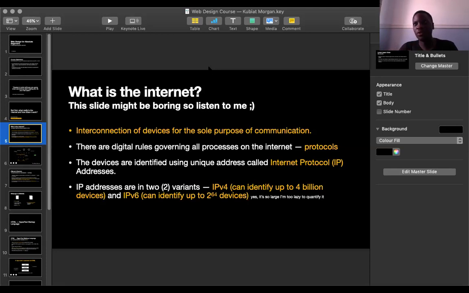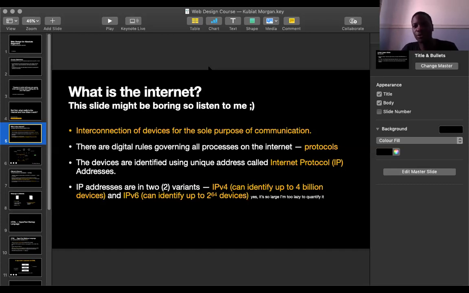The way the internet works, there are digital rules governing all processes on the internet. For people to come together to communicate, you cannot allow that to happen without putting together some rules. There are things called protocols that govern basically every single thing that happens on the internet, from the transfer of documents to even your email.